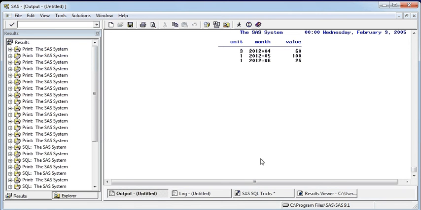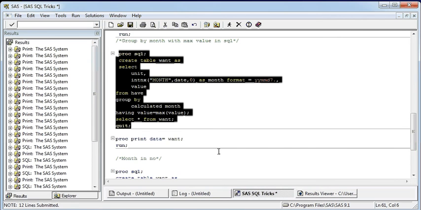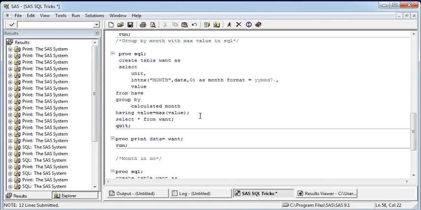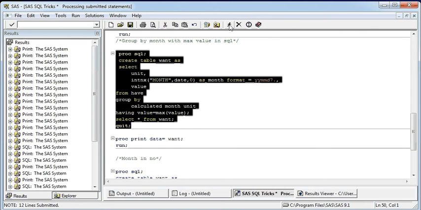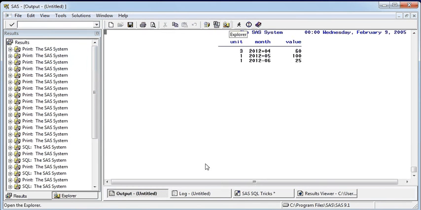If we want to display by unit also, you can mention unit here, and let's see how it works. Oh, it's the same.